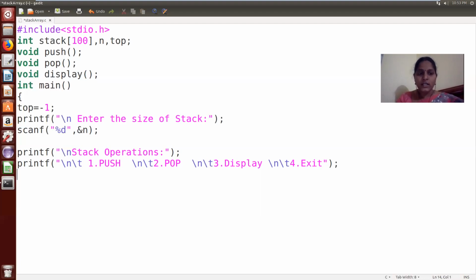For selecting the options, we need to write a loop statement, so do while. printf 'enter the choice'. Here we are asking the user to enter his choice.